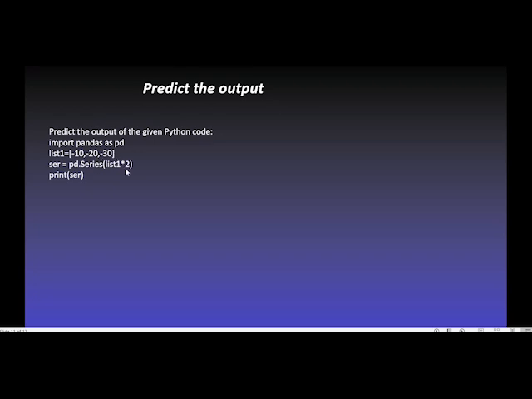So, what will be the output when we multiply a list by a number? Will the elements in the list be multiplied by the number? No. That is not the operation here. What will happen? See,